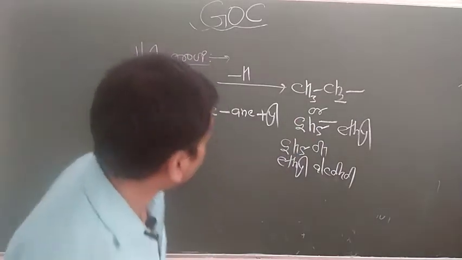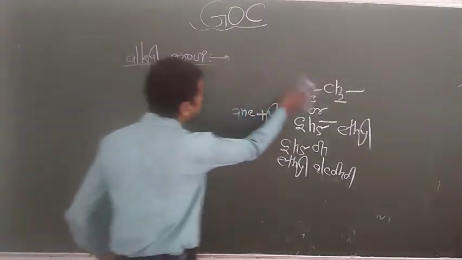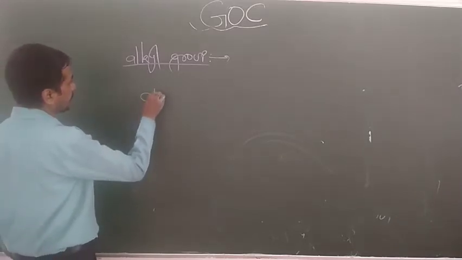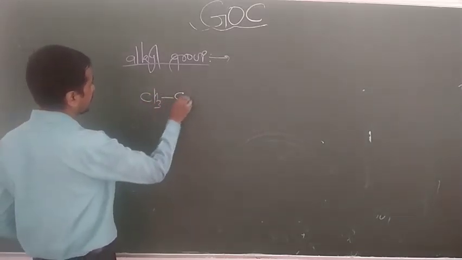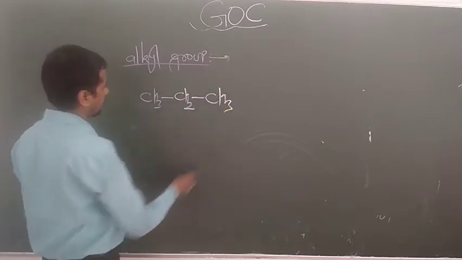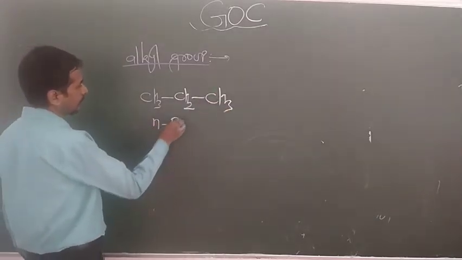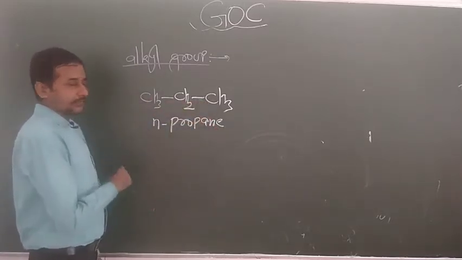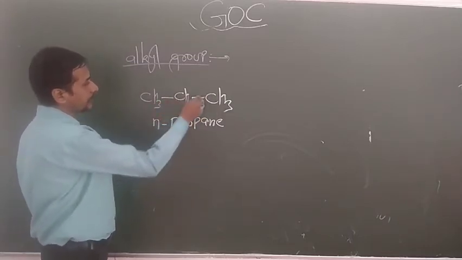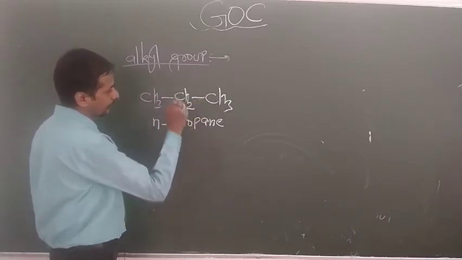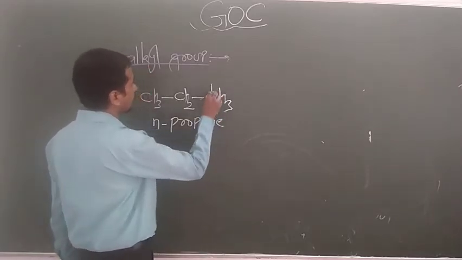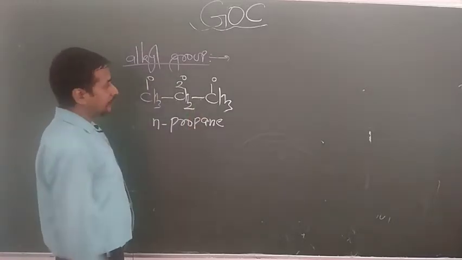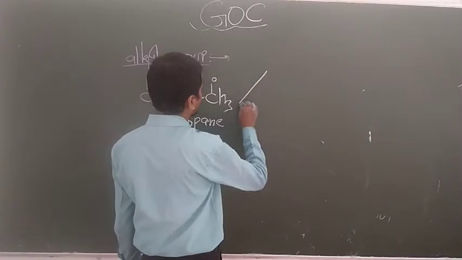Now look at the third carbon, that means propane. So what happens here basically? CH3, CH2 and CH3. This is known as normal propane. Normal means no branching is there, and 3 carbons are there with a single bond to add. Now this contains 2 types of carbon: 1 degree carbon, 2 degree carbon and 1 degree carbon. Both end carbons are the same, but this carbon is different. So now 2 types of condition may be generated.